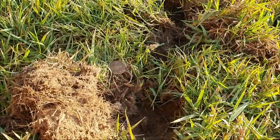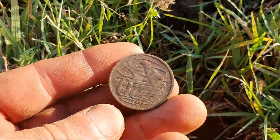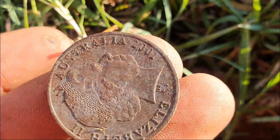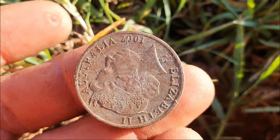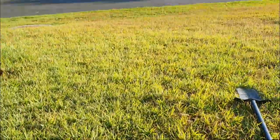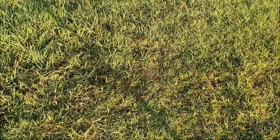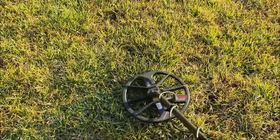Okay, and there was a signal of 16 just behind that $2 coin, and a 16 on the Minelab Equinox is a 20-cent piece. 17 is a 50-cent piece. That's a 2001 20-cent. Okay, that's where that coin spill of 3 $2 coins and a 20-cent coin was, and just now over here